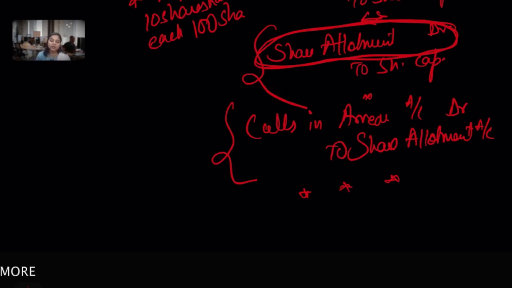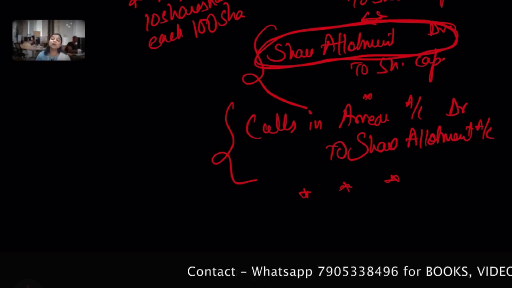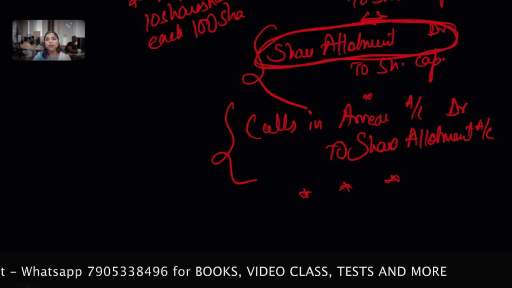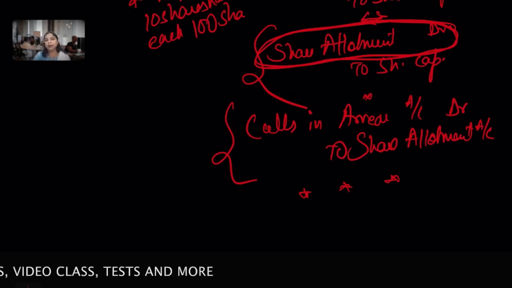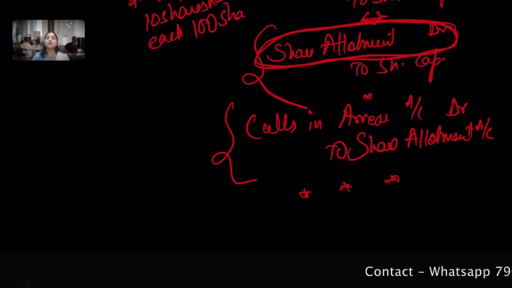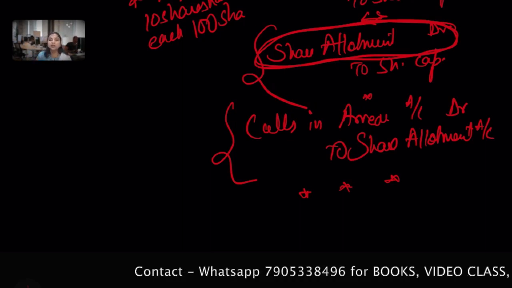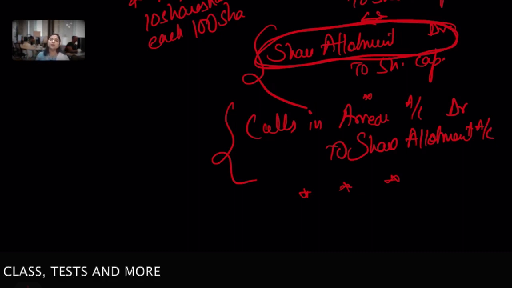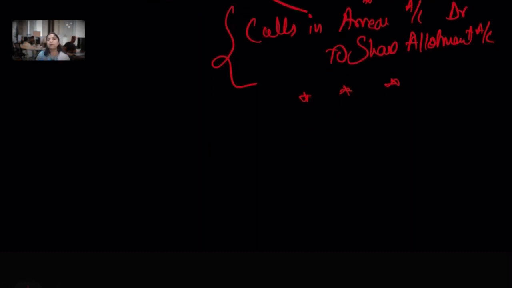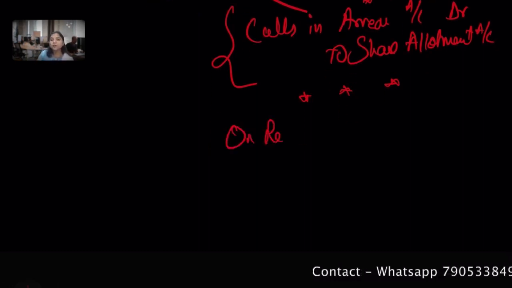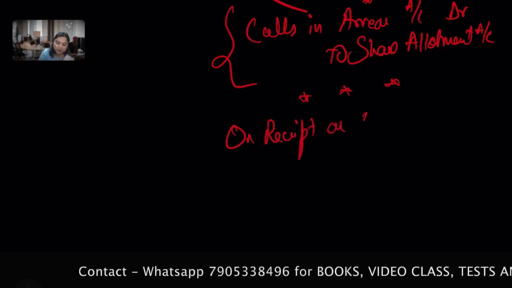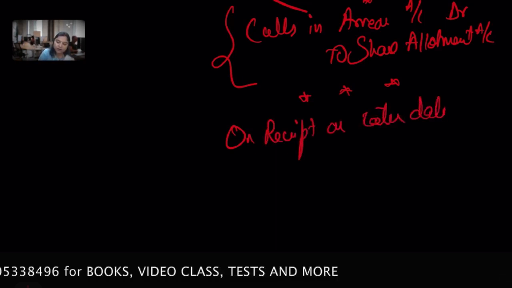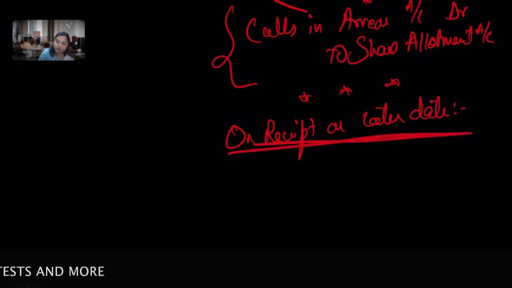Okay, now there is a call scenario against that particular allotment. Suppose there might be a situation that after a few days, because on the stipulated date you fail to pay, and on that I need to close my books of account, I mean the company. But after some time, I as a company receive from you an amount against the call along with interest. On a subsequent day you are ready to pay. Okay, I failed on that particular day, but now I can pay. So now you are ready to pay, on receipt, on a later date or subsequent date, we can say that.